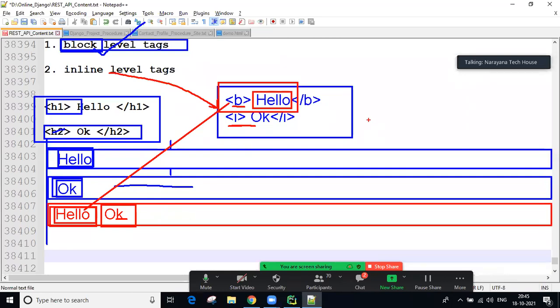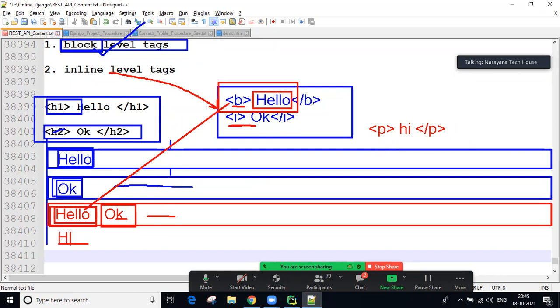If I'm taking one paragraph tag here, the paragraph tag comes under block level behavior. Now will this hi message appear here or at the bottom side? This is block level behavior, and a block level tag always starts from a new line.